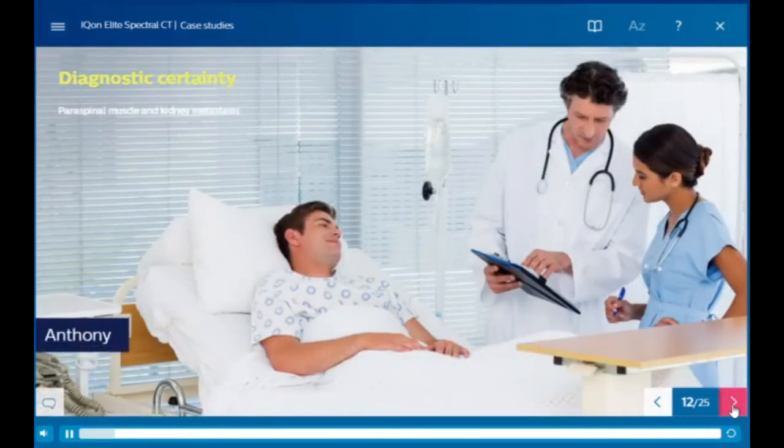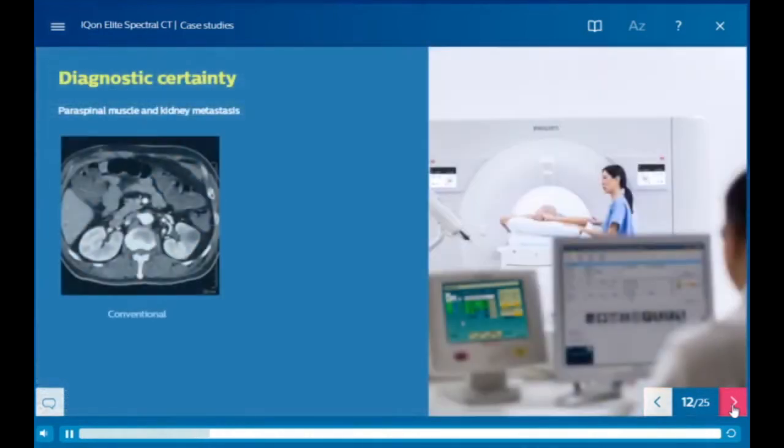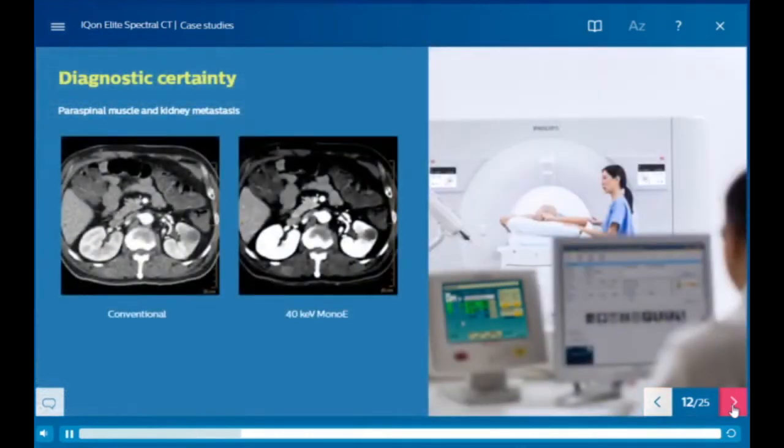Meet Anthony, a cancer survivor. Anthony went to the hospital complaining of abdominal pain. The doctor scheduled a routine abdomen CT on the IQon Spectral CT. After reviewing the reports, the doctor identifies a left kidney lesion as well as paraspinal muscle metastatic lesion using 40